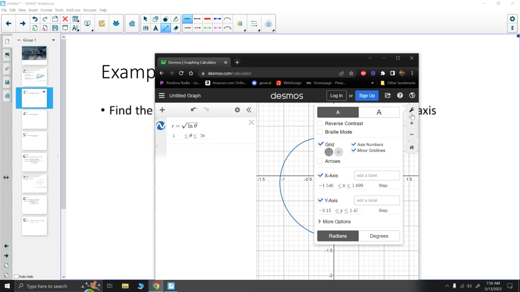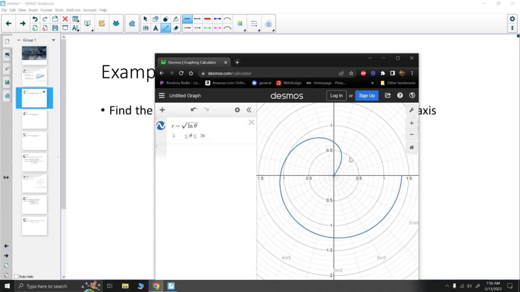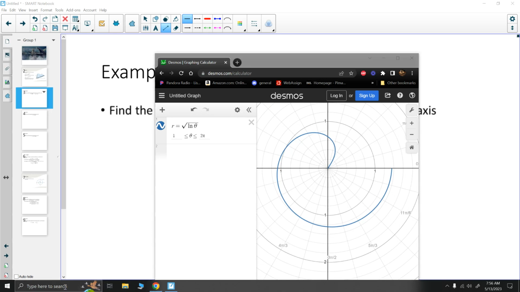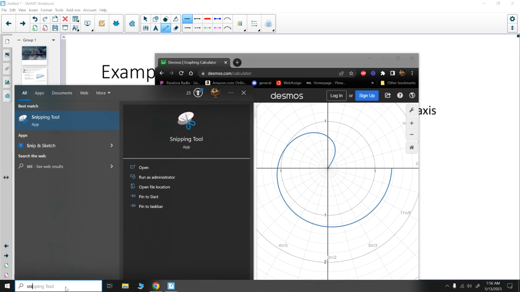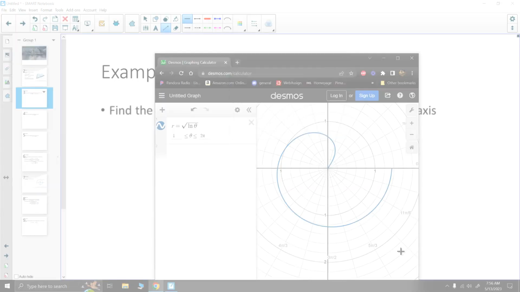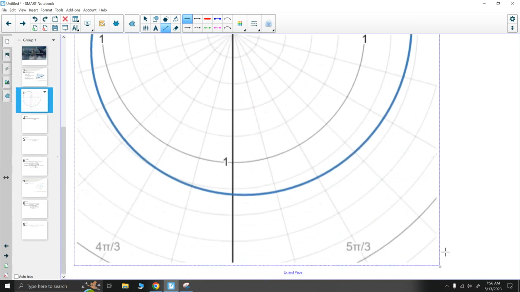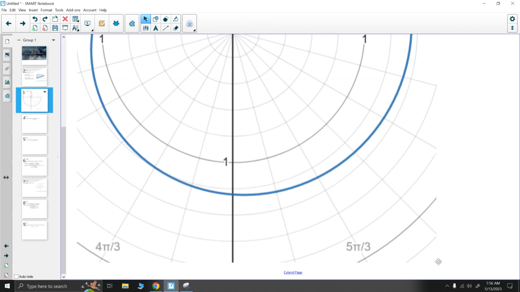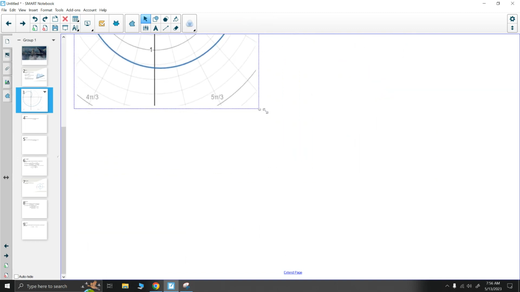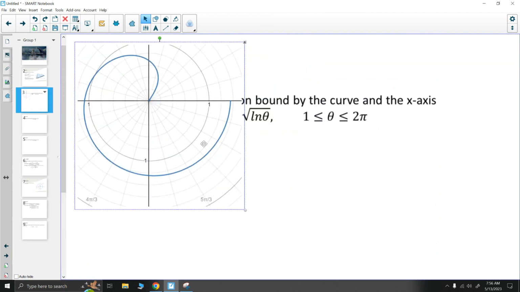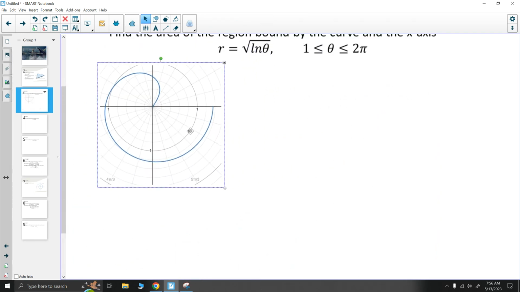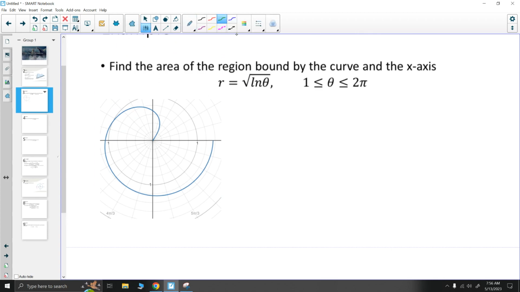Now, we have it in rectangular coordinates, but we could change this over to polar if we want. It looks a little bit nicer maybe, or it doesn't, who cares. All right, so let's go ahead and snip this thing and drag it into our notes. Okay, it's a little bit big. So we are trying to find this region here, which is essentially that. Okay, so the idea here again is we're going to integrate this thing from 1 to 2 pi of